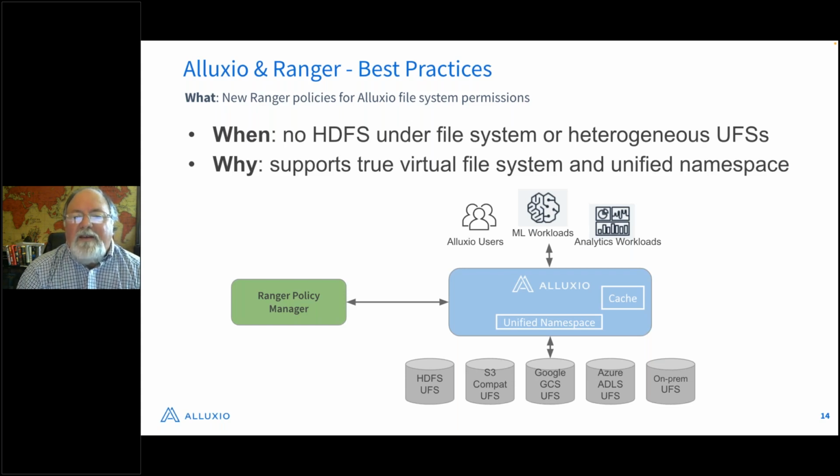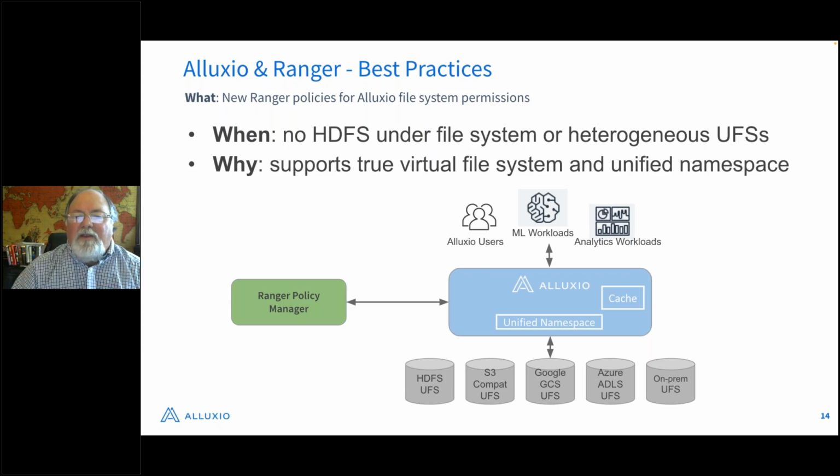So when you have a model like this, you can actually use Apache Ranger to implement access to not only HDFS, but all the other file systems or data stores and under file systems, as we call them, that Alluxio is accessing. So now you might have a Ranger service that tells Alluxio to allow certain people access to certain sensitive data, and other people would be denied access to it through the Ranger policies. This becomes very powerful because now you're looking at a virtual file system that's not pegged to any specific understore, and you don't have to set up rules for every understore individually.